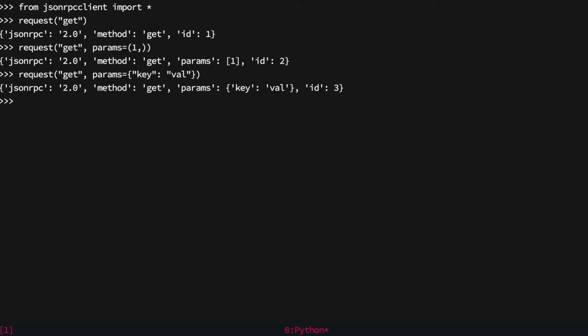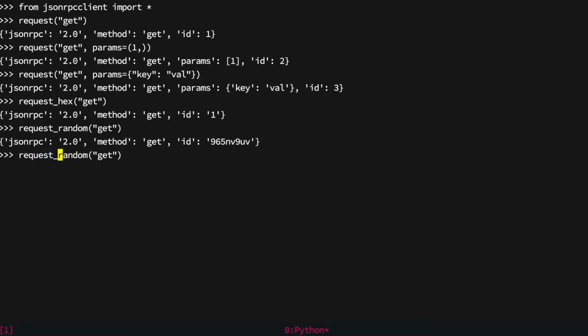These are valid JSON-RPC requests. You might have noticed that the ID is incrementing with every request from 1. This gives you a unique ID for every request, but there are other options for generating the ID, being hex. So this gives you a hex value incrementing from 1, random,